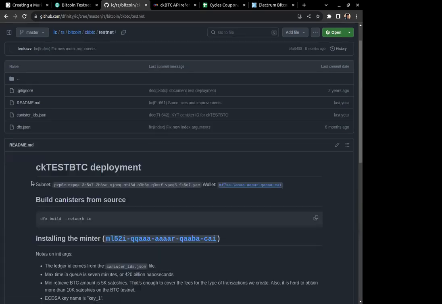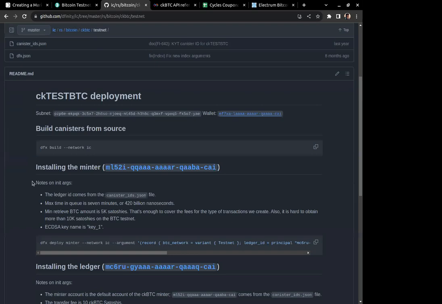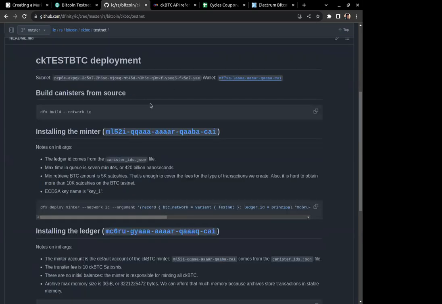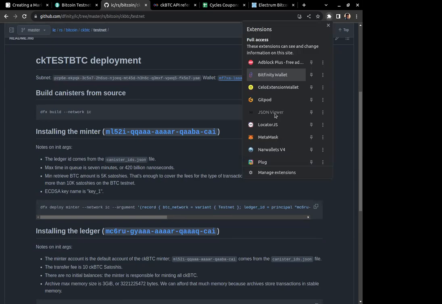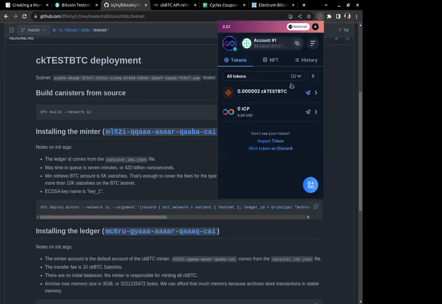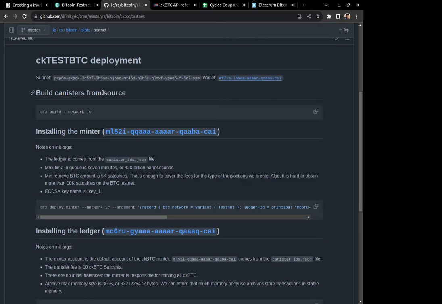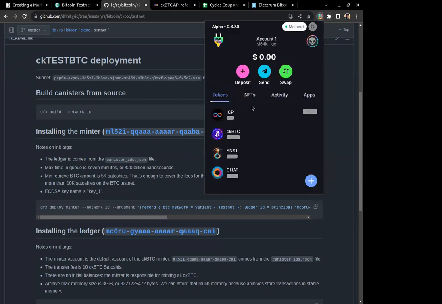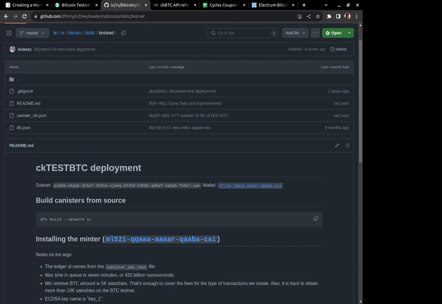What we're going to be doing is minting Bitcoin. We send it to this particular wallet, and then we see how we can mint it so it exists like the 0.00-something ckBTC you can see here. So the testnet Bitcoin that we requested, we want to put it in these wallets. We can put it on the Plug wallet or any wallet, but these are the most common ones, I think. So the process to do that is